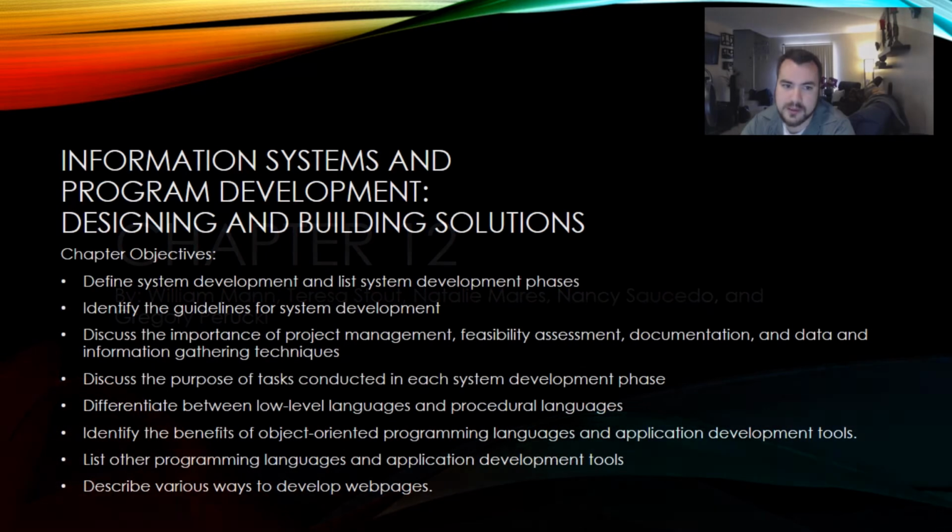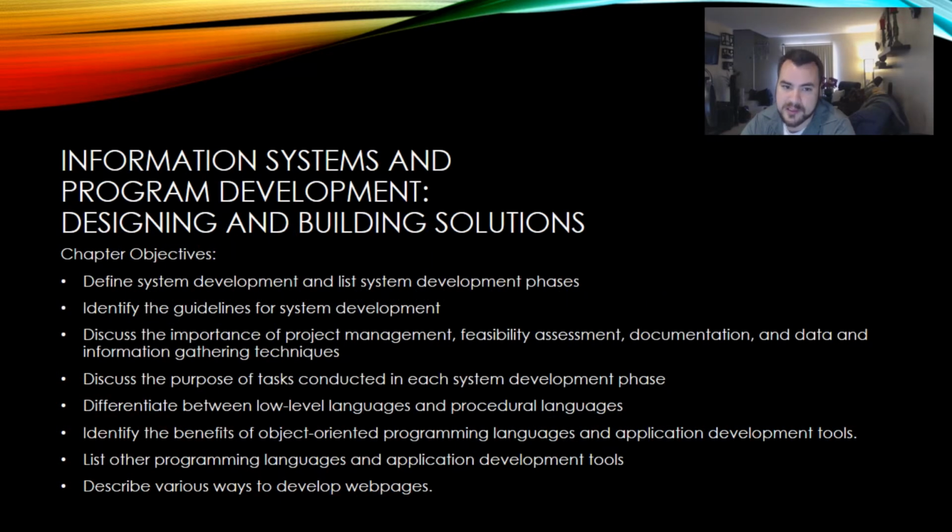So in Chapter 12, we talk about information systems and program development and designing and building solutions. Our objectives for this chapter are to define system development and list system development phases, identify the guidelines for system development, discuss the importance of project management, feasibility assessment, documentation, and data and information gathering techniques, discuss the purpose of